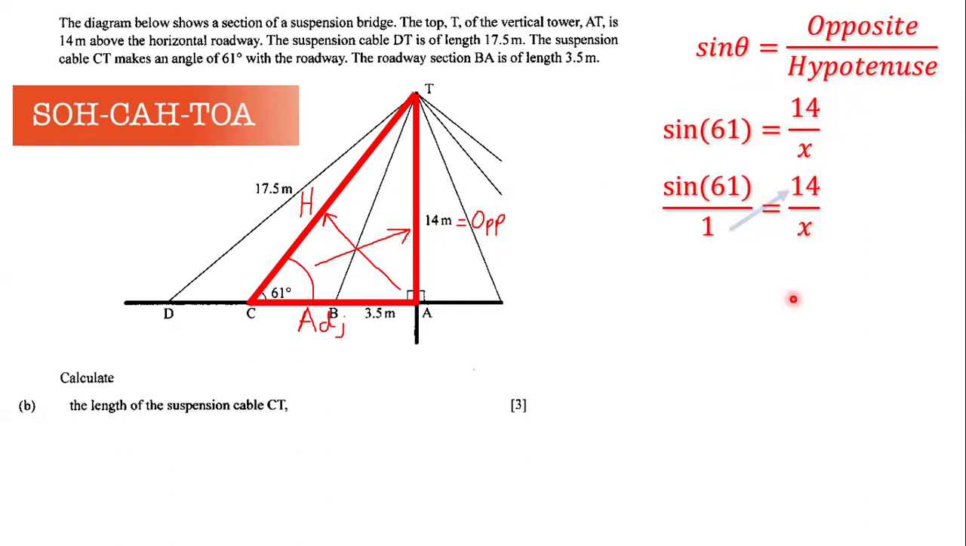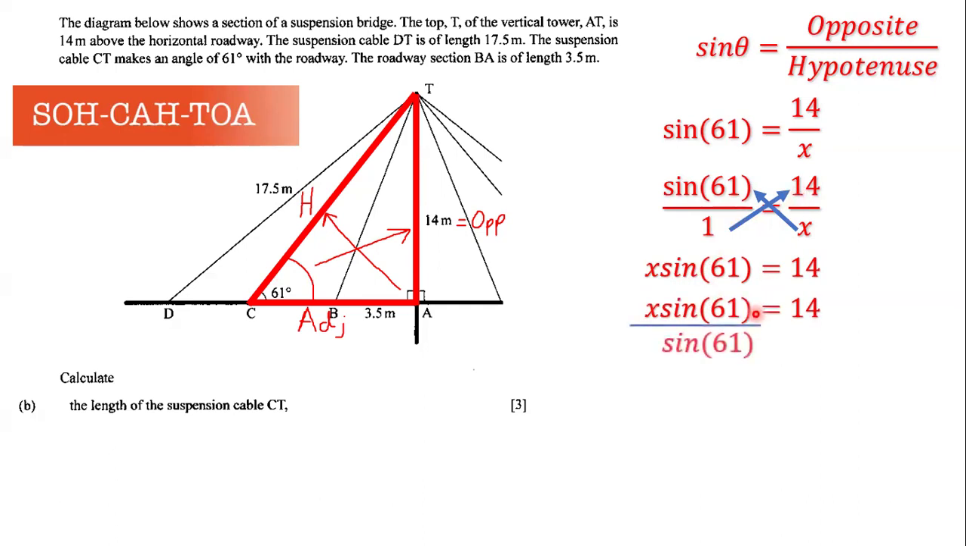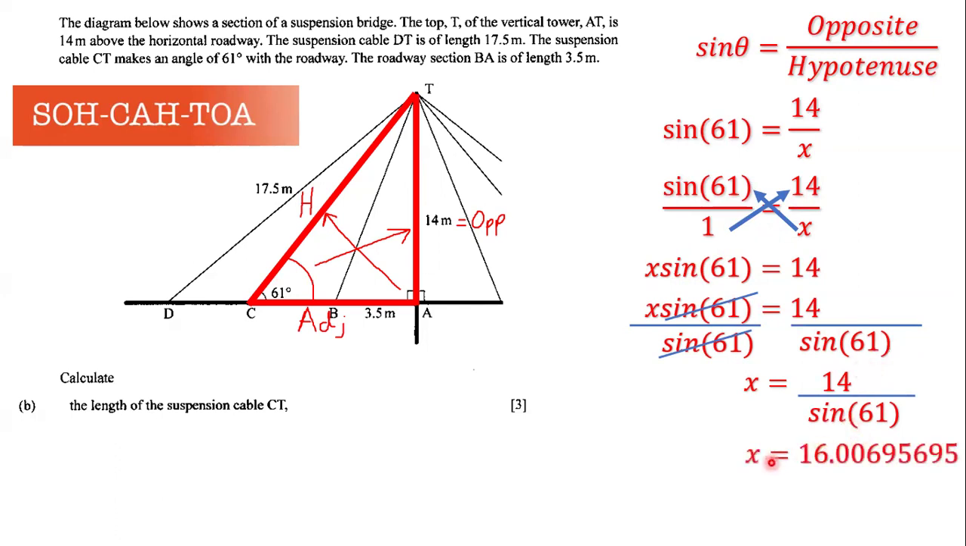Next, what we're going to do is cross multiply. So we say that x multiplied by sine of 61, and we have 1 multiplied by 14. But we still have to figure out what is the value of x. So we have to divide both sides by sine of 61. This cancels with that. So we get that x is equal to 14 over sine of 61, which means that x is going to be equal to